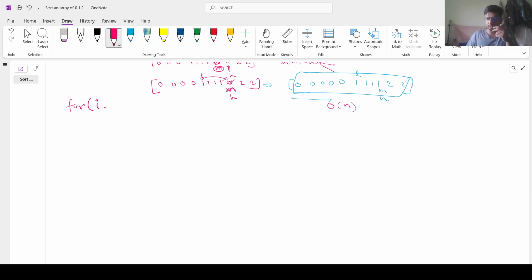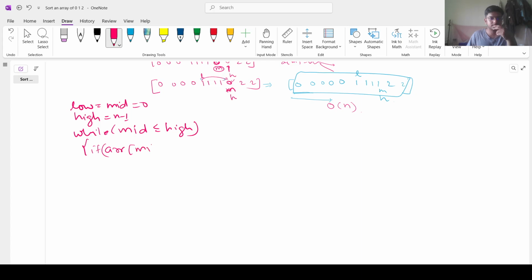We need to take three pointers: low, mid is equal to 0, high is equal to n minus 1, while mid is less than or equal to high. Now we will check whether ARR mid is equal to 0. If it is true, what we will do first,